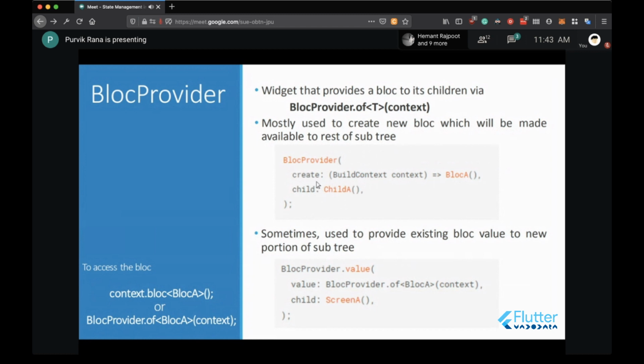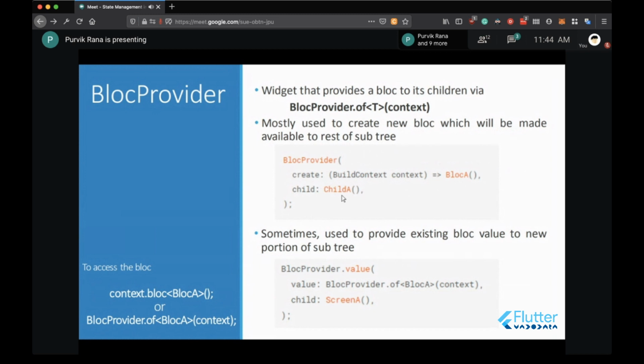So create will take the context and give you the block instance. By using this syntax, you have passed this particular instance of the block A to this particular screen.